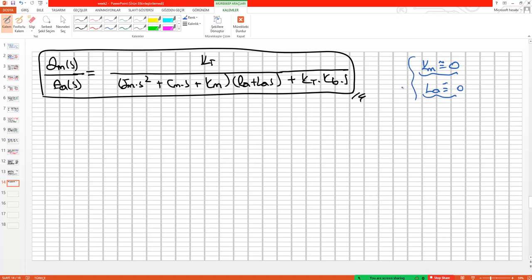Okay, these are the assumptions in here. In any case, we can use these assumptions, unless we use a huge motor with huge rotor coils and stator coils. Okay, so if we are using a small motor like the DC motor, then we can easily set La equal to 0 and Km equal to 0. Okay, and so our system simplifies